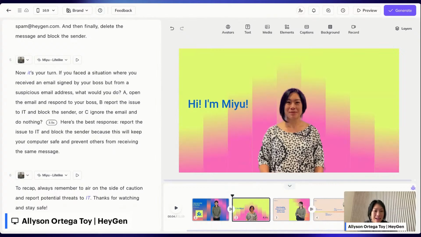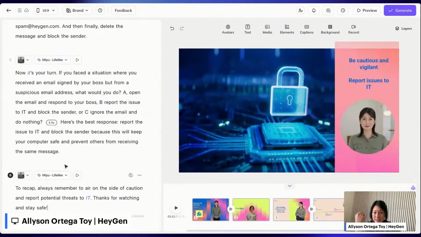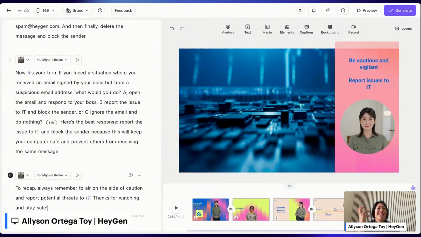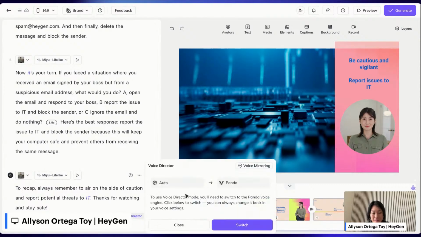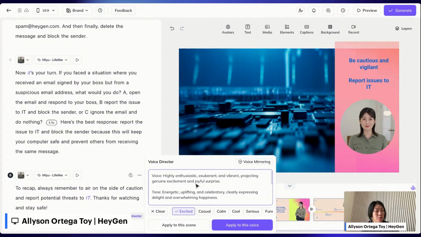And yes, also, Sunny just put in a link to gesture control, which is a great way to learn more about this feature. Another way that you can also control sort of the acting of the avatar is by changing its voice settings. So let's say here at the end, I want my avatar to sound even more excited. One of the things that I can use is our feature Voice Director. So you click this, and you can choose a different emotion down here, or you can write your own prompt if you want something